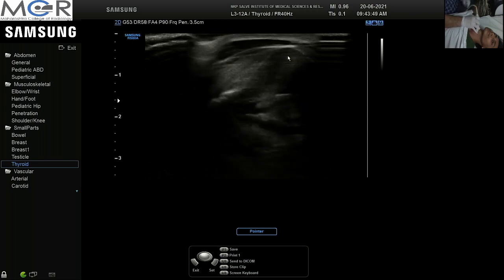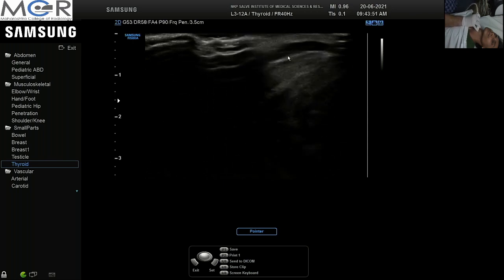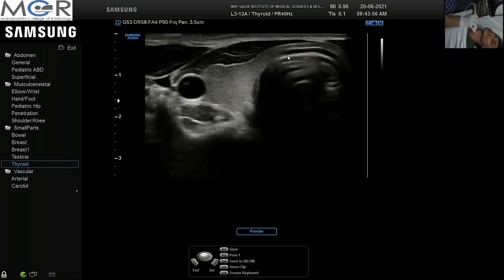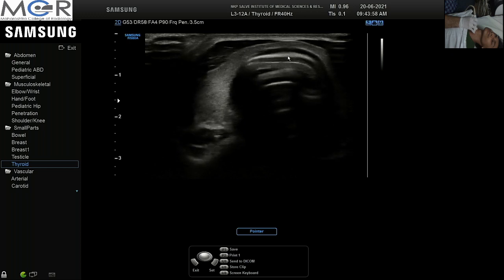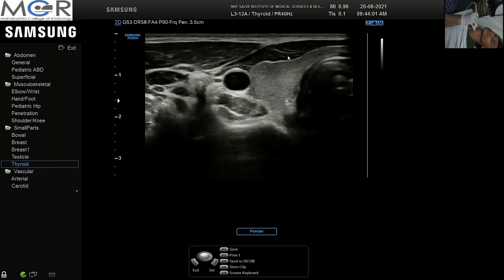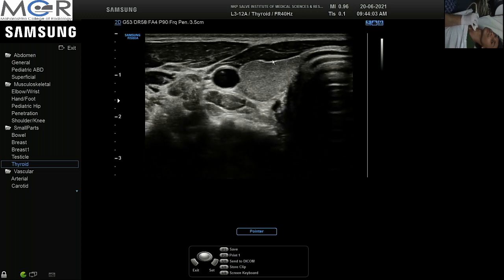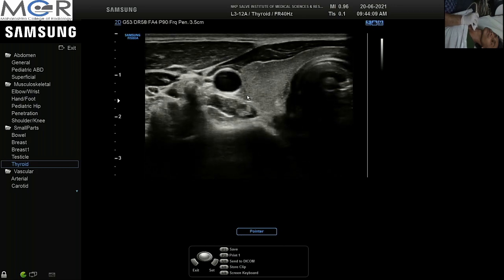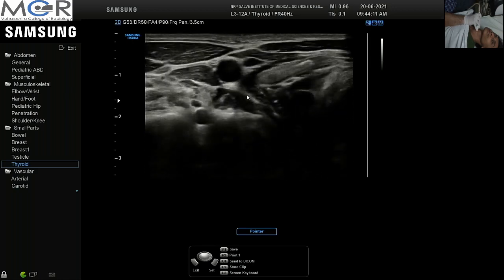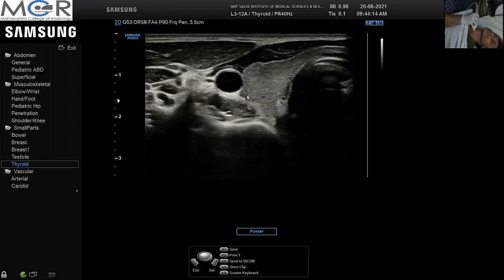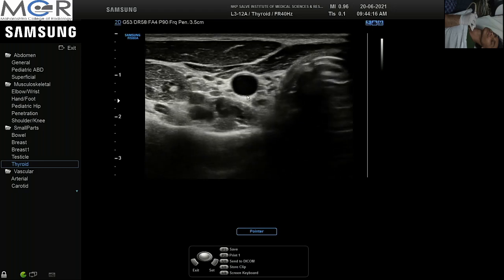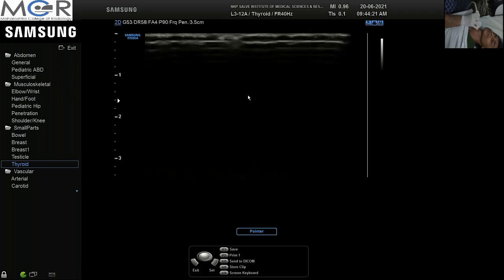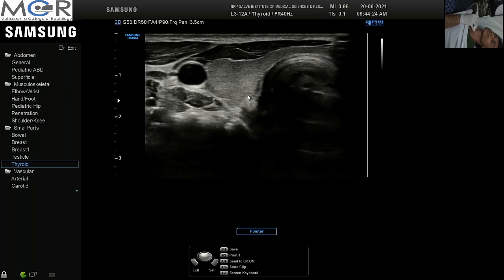Now we come to the examination of the thyroid gland. Thyroid gland has two lateral lobes and a connecting thin isthmus. Look at the normal echogenicity of the thyroid gland and its sharp margin, which is clearly visible. Each lobe must be scanned in transverse plane, starting from the upper pole going down to the middle and then the lower pole, and also in a longitudinal plane. And we have to measure the lobes of the thyroid.